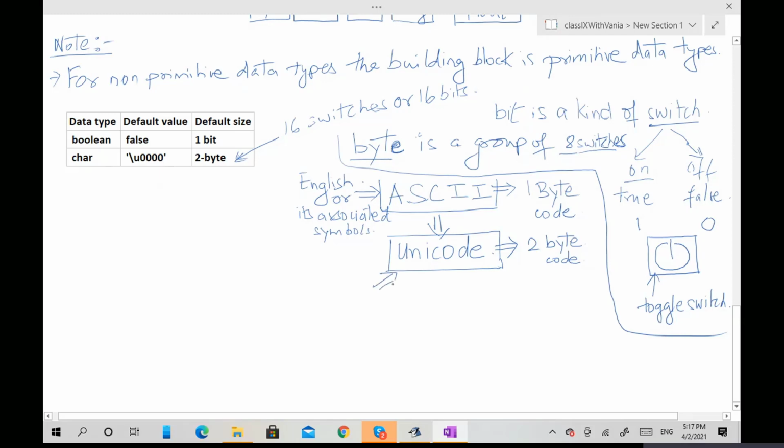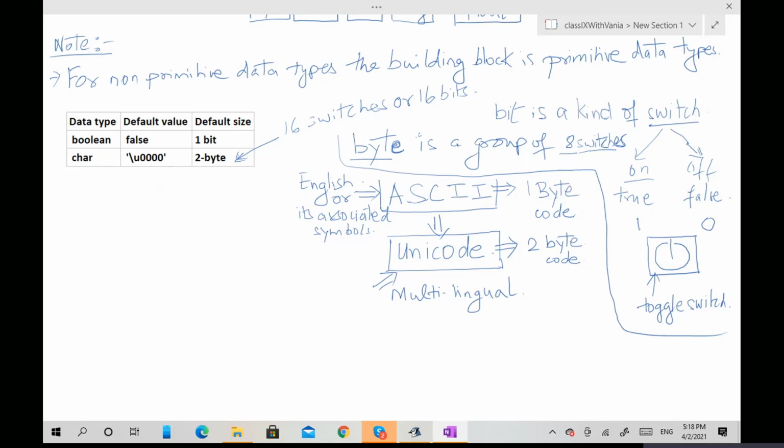Multilingual means it has many languages. It supports many languages like Hindi, Bengali, Punjabi, Telugu, Tamil, Chinese, Spanish, French, German, English.